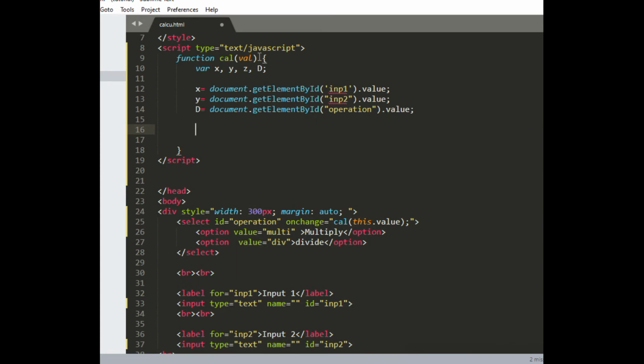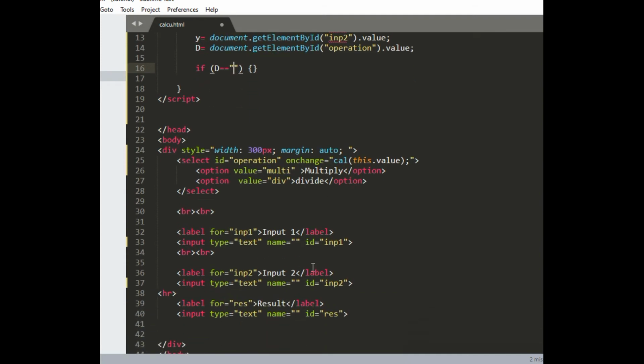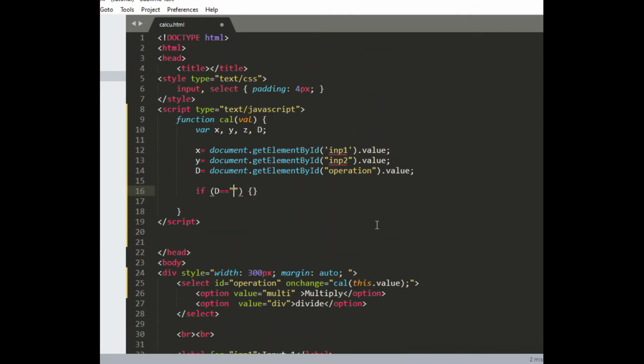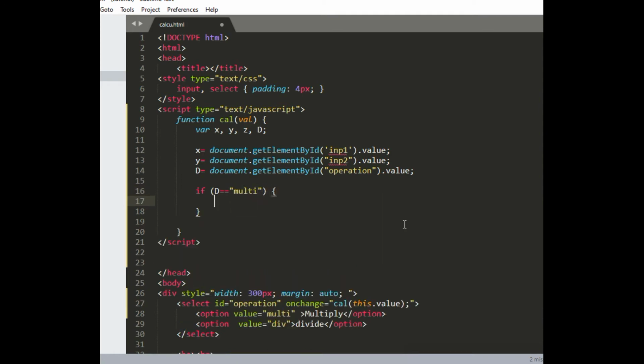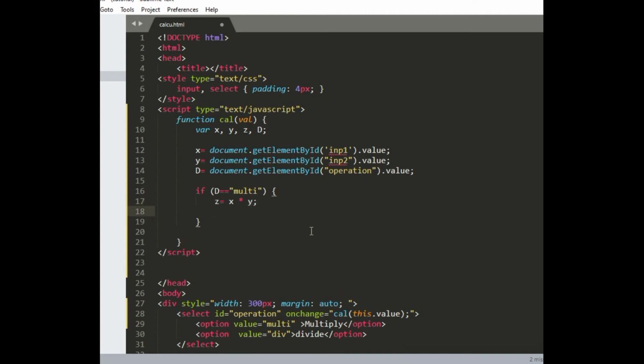Now in the variable z we will get the result of the operation on x and y. For this I will give one condition here. If variable d is equal to the first select value, say multi for multiplication, then put the product of the first two variables x and y into z. The star denotes multiplication.